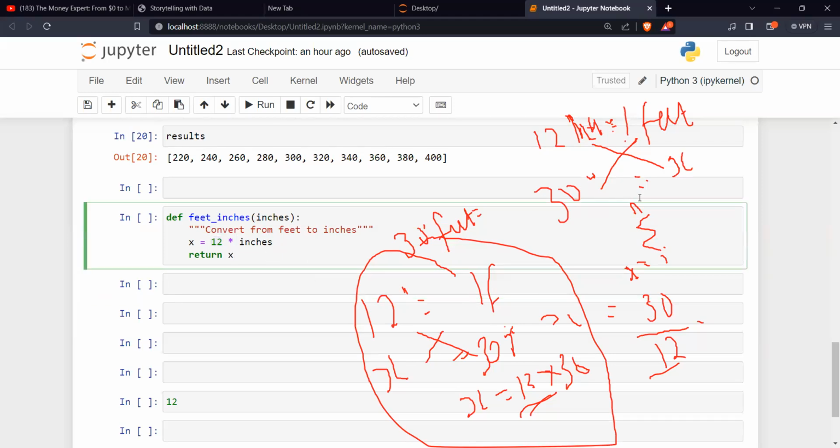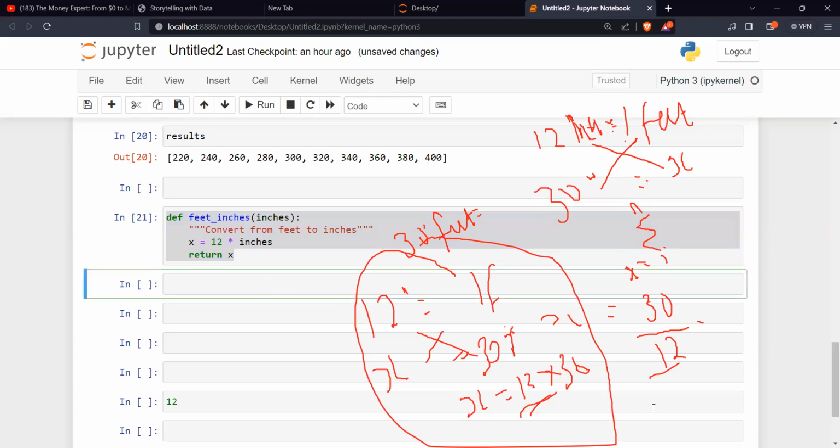Now you see, if you do not understand this mathematics, then there's no way this one can make sense. When we say understand basic mathematics, we are not saying we are deriving anything, but at least you should understand how to do basic conversion, how to do basic calculations, isn't it? So let's run this and check now.